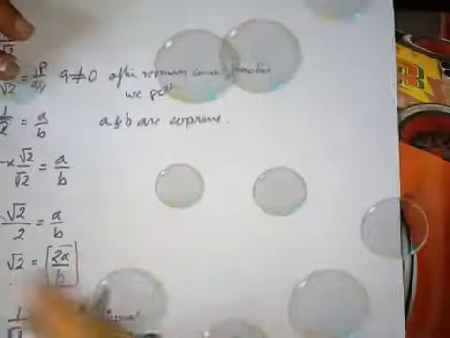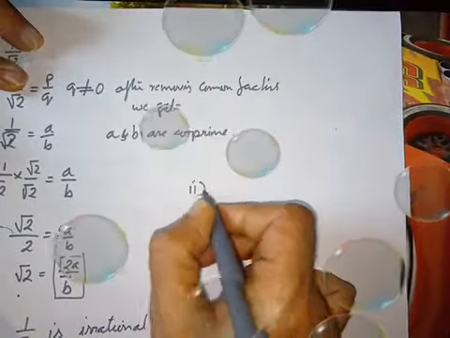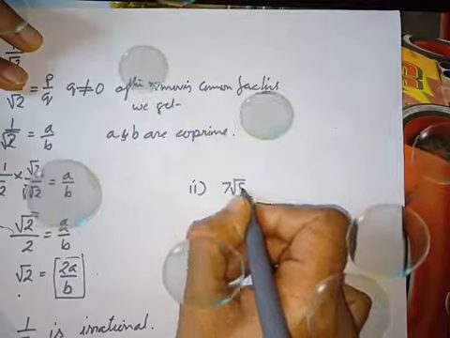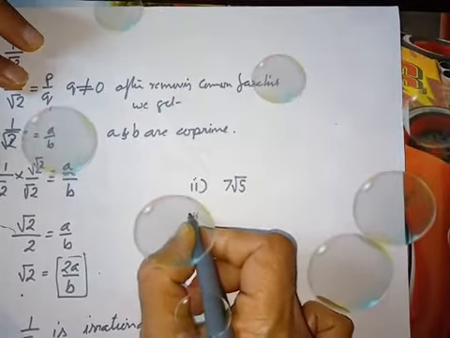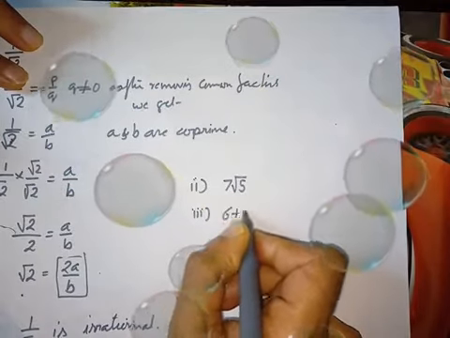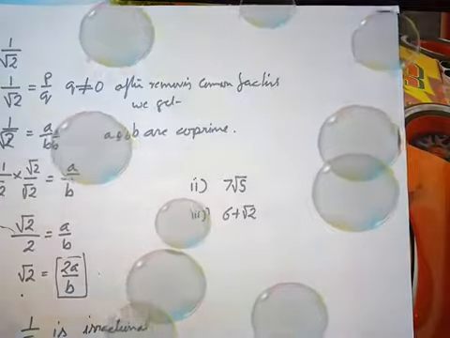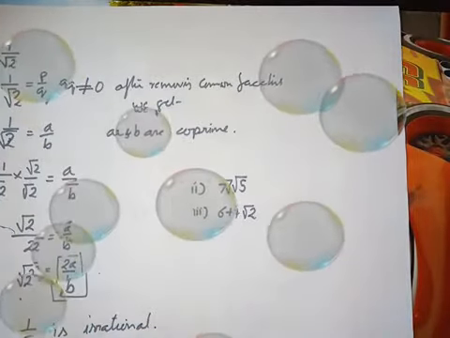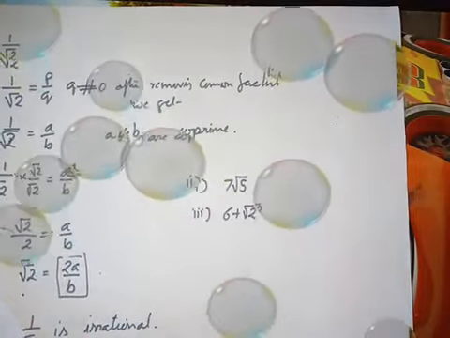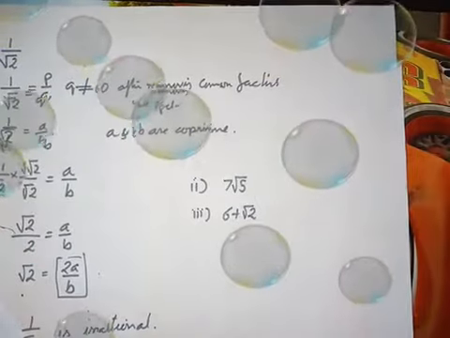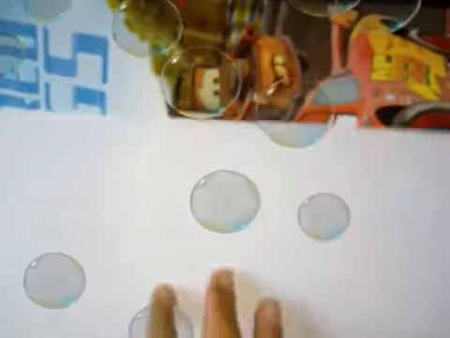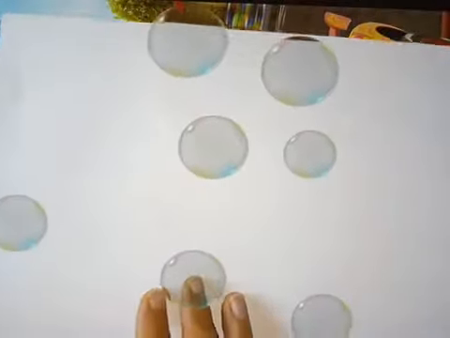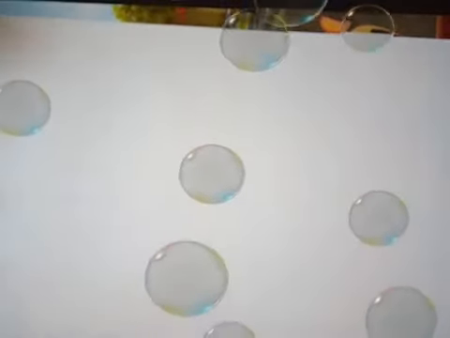Similarly, the remaining two parts you can do yourself. The first one is to prove that 7 root 5 is irrational, and the third one is to prove that 6 plus root 2 is an irrational number, and you can do it easily. I am very sure you will be able to do it. Now moving to the next topic of this chapter, and before starting the next exercise, that is Exercise 1.4, we